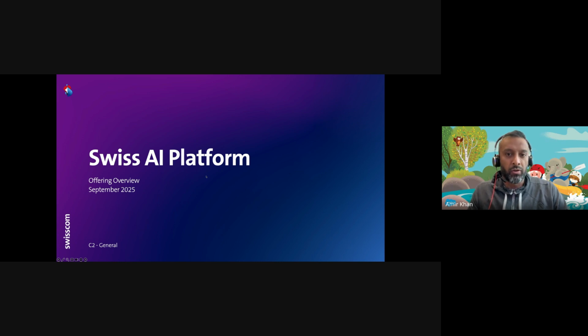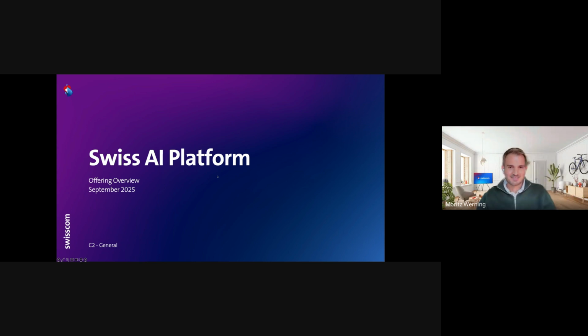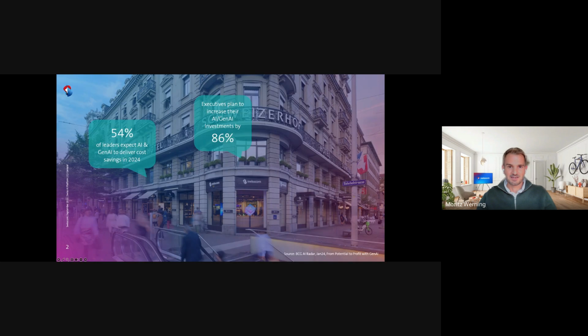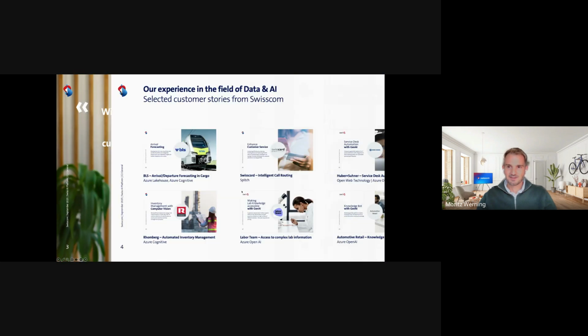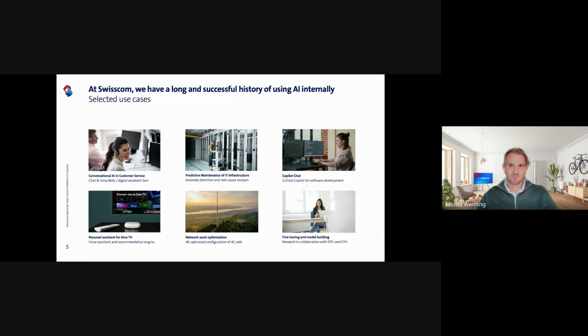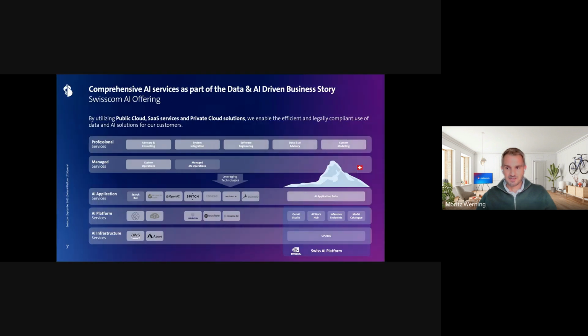And then we will talk about how MuleSoft is going to integrate with the models which are running and deployed in Switzerland. Thanks, Javier. Hi, guys. So yeah, let's have a few words about the Swiss AI platform. The Swiss AI platform is the sovereign AI platform from Swisscom for Switzerland. Swisscom has a big footprint in the AI sector. We have implemented a lot of use cases, and with the Swiss AI platform, we complete this offering